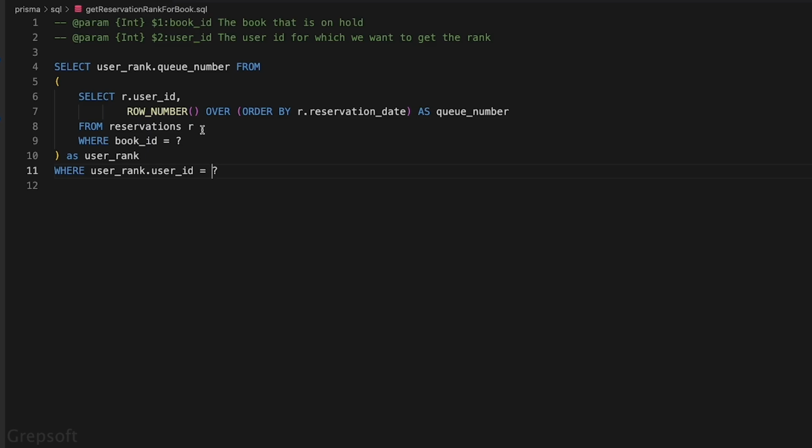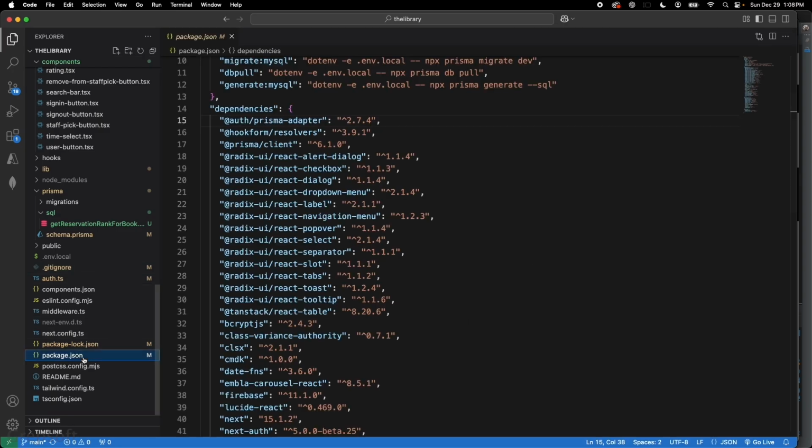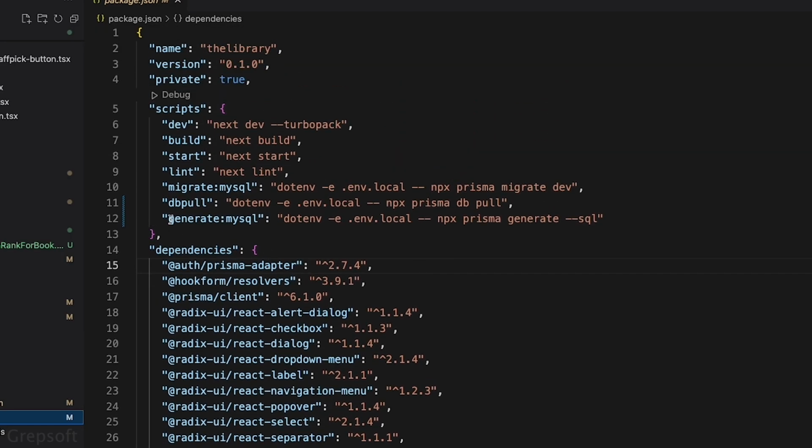So once you have done that, now we need to regenerate the client so we can actually close this. Now I'm going to come over here to my package.json, and over here we have this generate MySQL. Now the command to generate the client, you guys know this, is npx prisma generate. But now to use this TypedSQL, you need to pass in this --sql, right? So I've added that to my scripts in my package.json file, and the reason for that is I'm using .env,